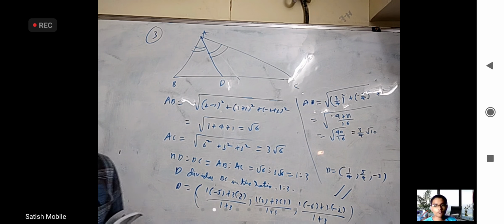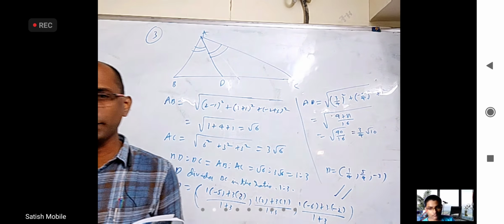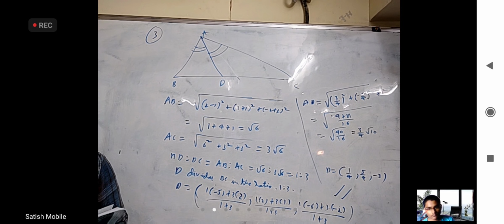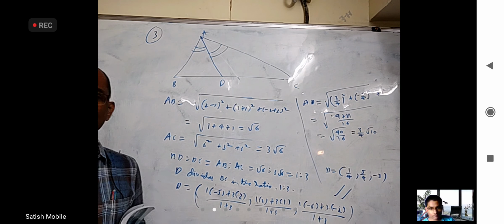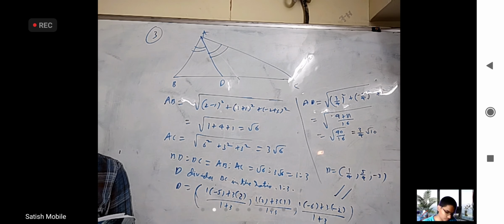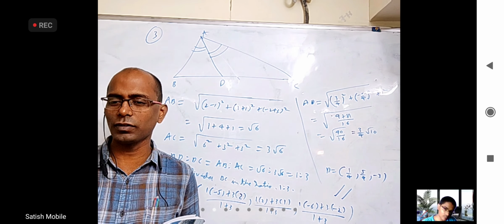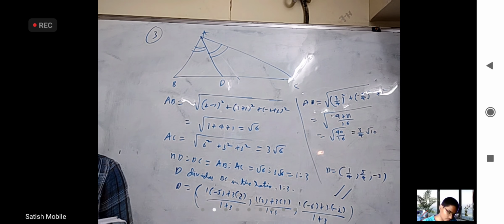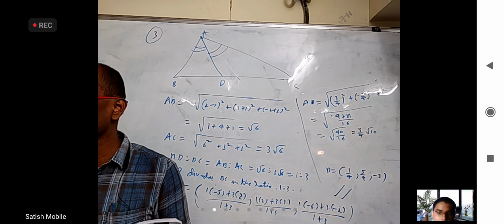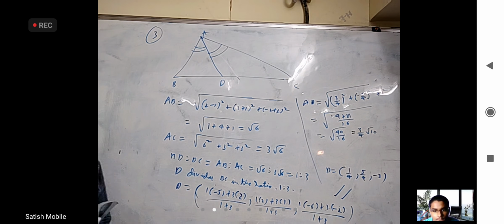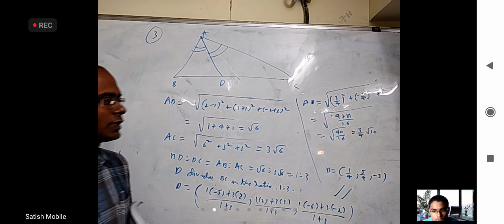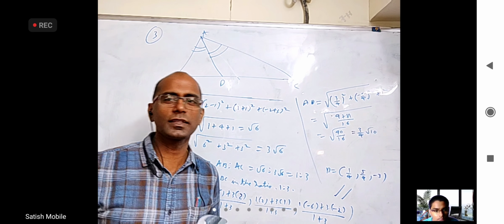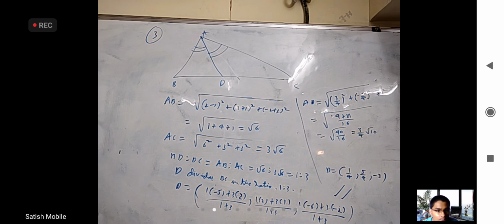Listen, most likely both in mains and advanced exam, even though numerical questions are there, especially in maths, most of the time they do not even give fractions. Most of the time the answer is an integer itself. It is not like your chemistry, where you will have values like 2.303, Avogadro number, and so on. You have to multiply, round it off to 2 decimals, some Rydberg constant, that constant. We don't have all such things in maths. Usually they are integers. They never ask square root and things like that. But just in case they may ask.